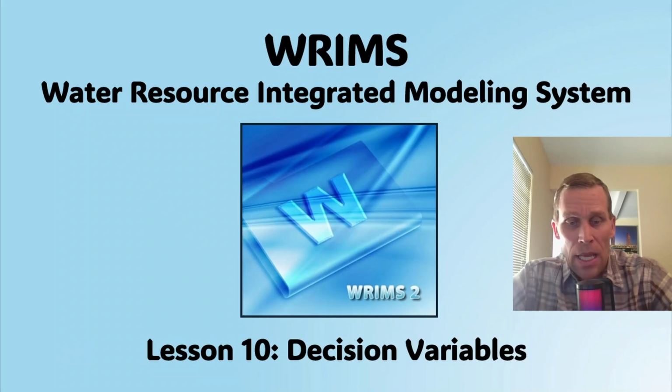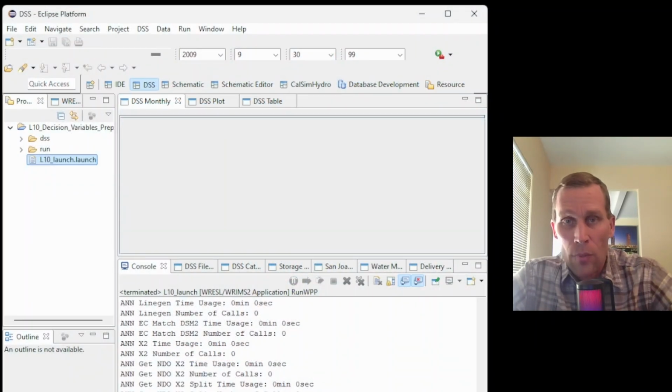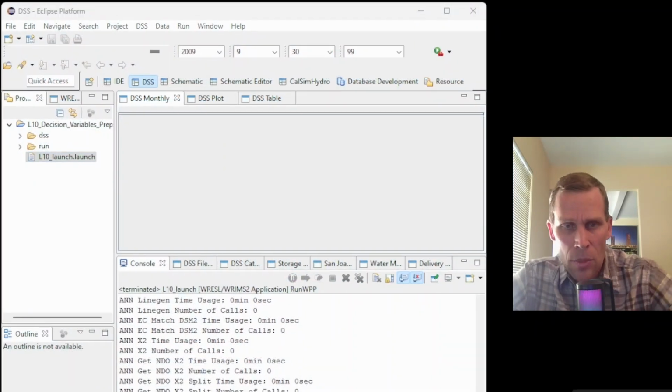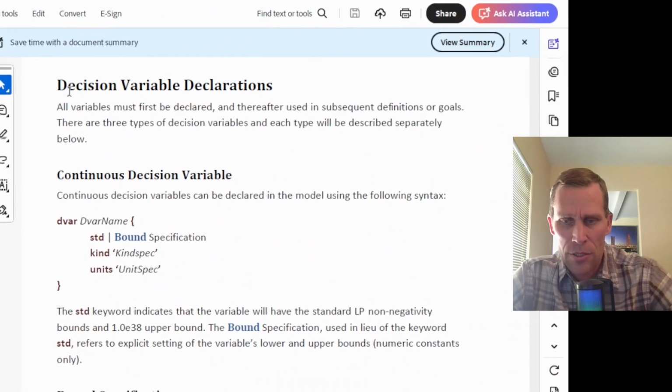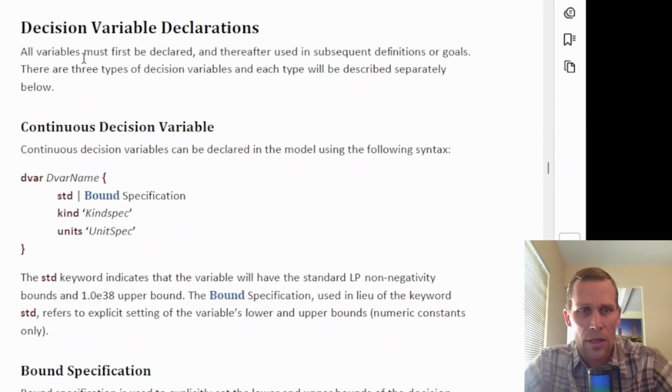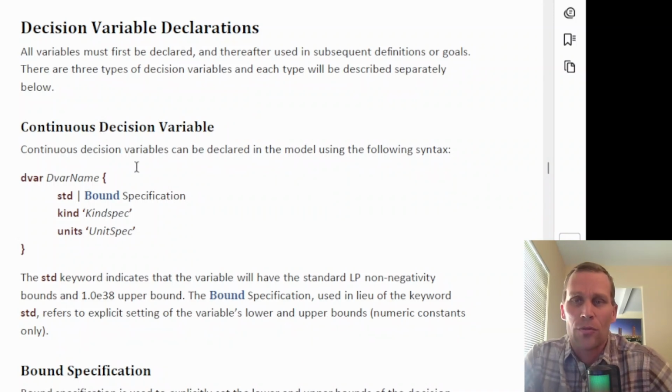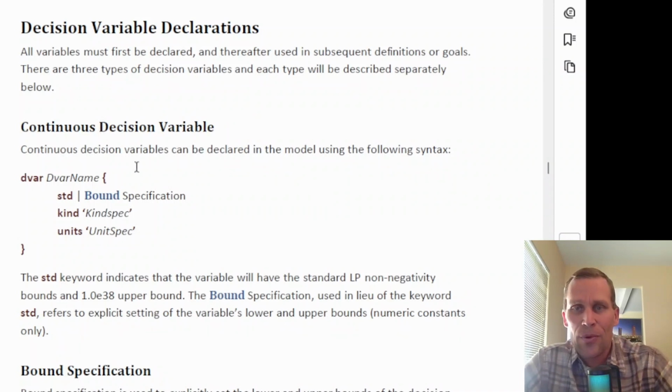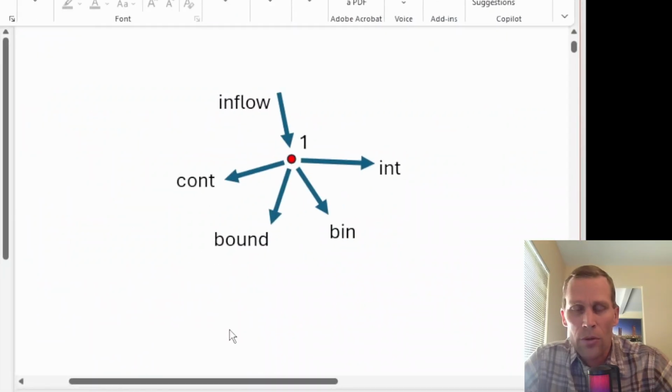Decision variables. In the user's manual, the Russell Plus language reference, starting on page 13 and page 14, there are 4 different decision variables used in the Russell Plus language. We're going to talk about those and also create an example and show some results and how they work in the WRIMS application. To get things started, I'm going to bring up a very simple model schematic